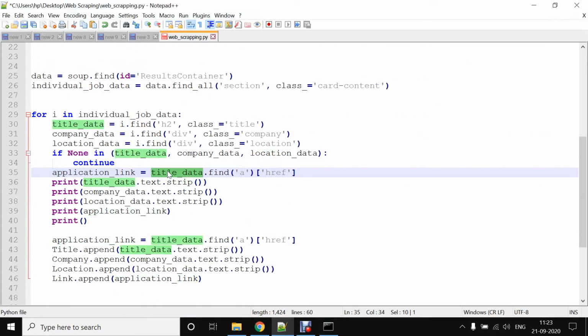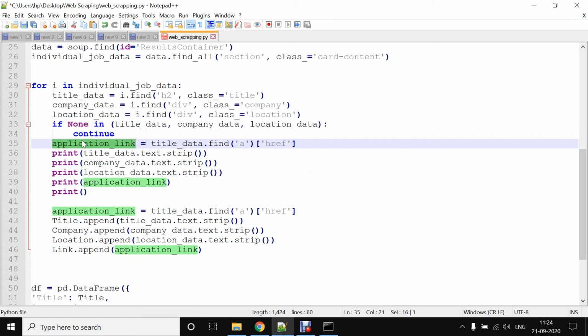Title data we have already fetched, the h2 class having the title class. Then we are finding the anchor tag which contains the link, and href indicates that link. So under href we have that link, and we are fetching it into application link. So we have fetched all data.